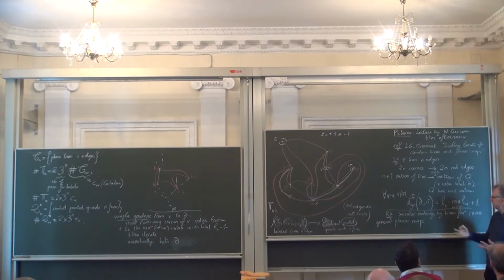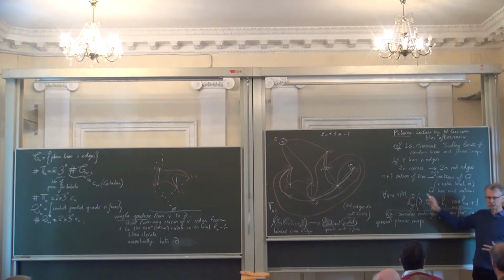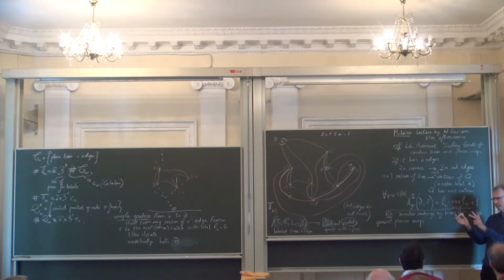The idea is that something which is very important is this property of distances. I'm going to use it a lot. And if you replace a general planar map with the associated quadrangulation, the distances are not the same. And it's an interesting question, in fact, to compare the distances. So you lose something when you replace by the quadrangulation. But otherwise, you are right.